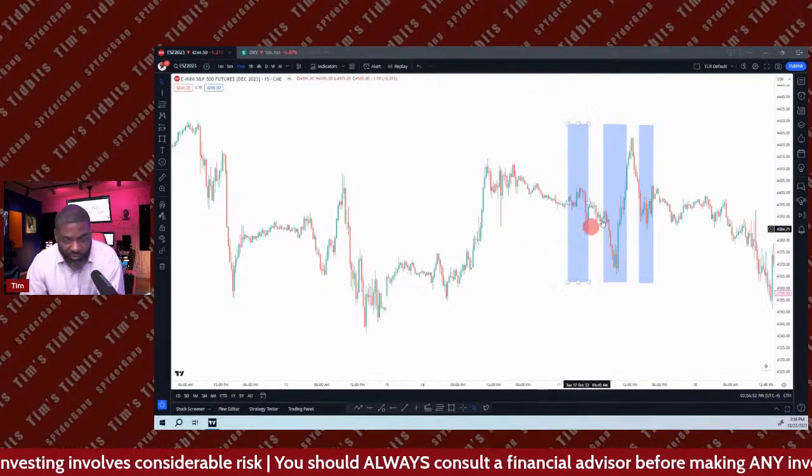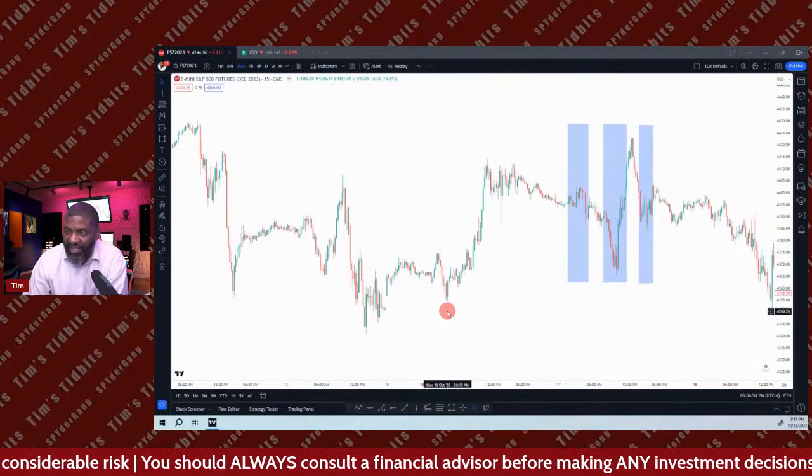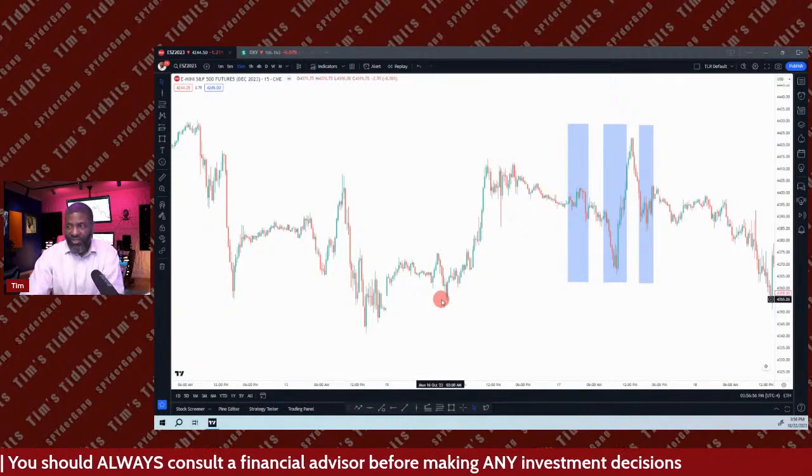So the Judas swing, just like with any other